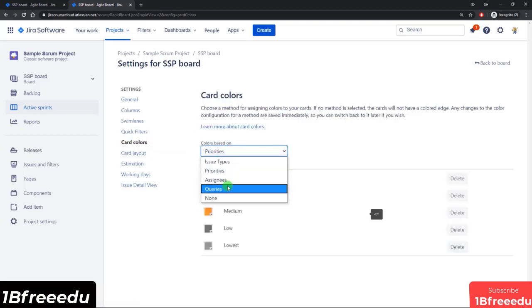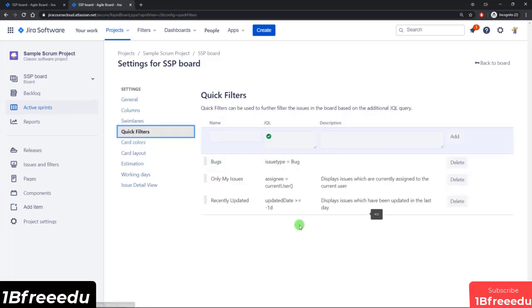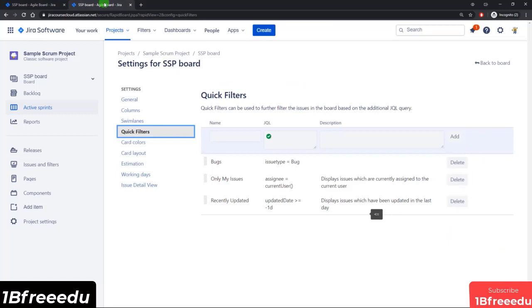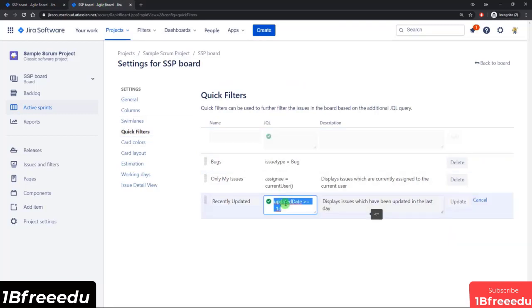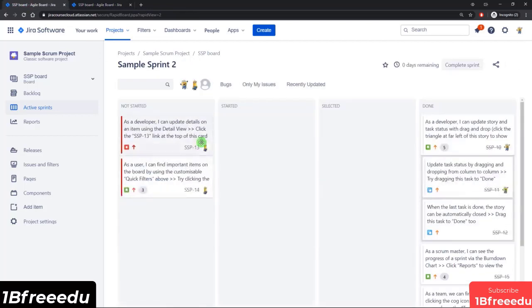And you can also configure it by queries. So maybe an example that I want to show you, in fact, I'll take it right from the quick filters. If you don't want to come in here and always click on recently updated, and you just want to identify them easily, you can steal this JQL, come into the colors, and then paste it in here so that all the issues that have been updated in a day have that red color. Click add. And so now if I go back to the board,